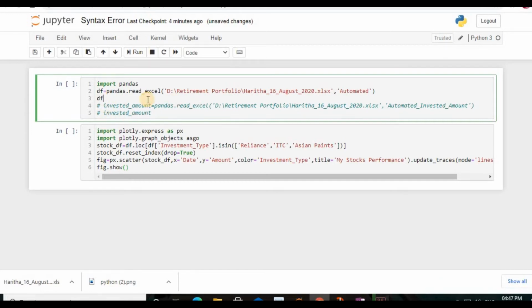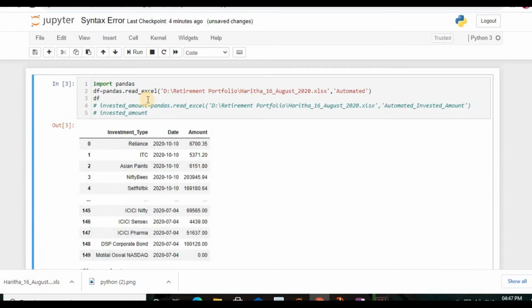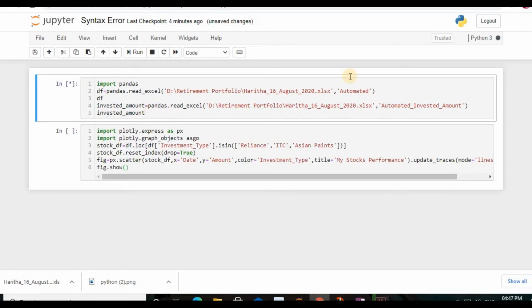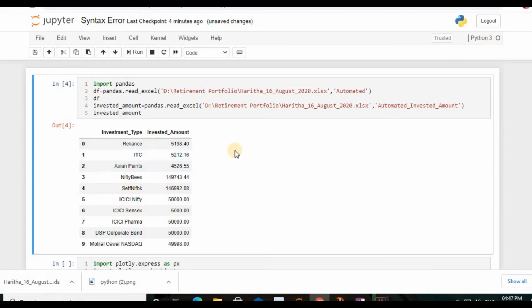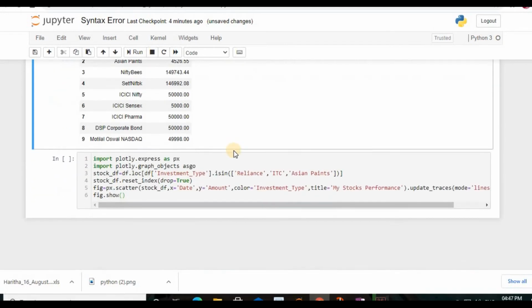Now I'm going to run this cell with Control Enter, and now I'm going to remove the comment and run it. Our Python is busy running this. Like this, it is executed. There is no error over here.